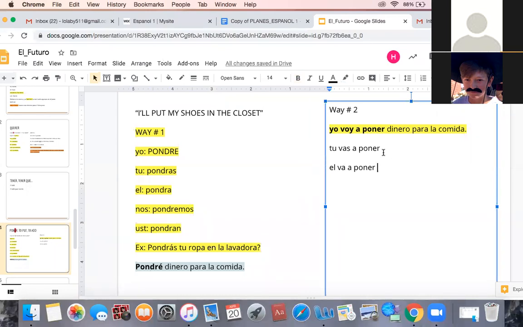And by the way, people talk like this. Maybe I've heard a little bit about saying like pondrés, pondrás. I guess more educated and stuff, but you won't sound uneducated if you use this way. Like most people use it anyway. So